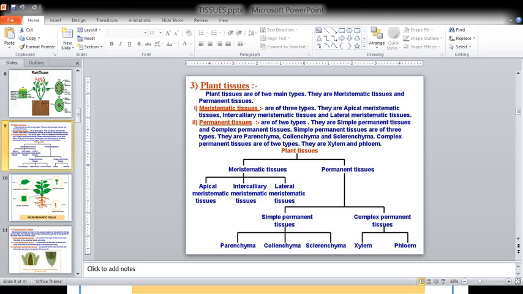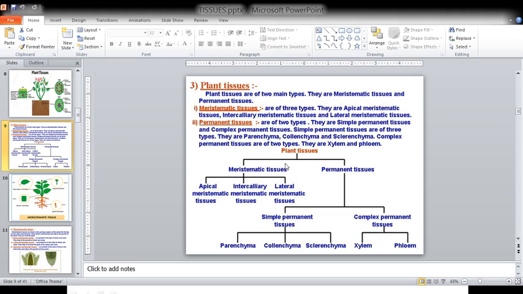So whatever growth we can see in the plant through the roots and the stem is because of the apical meristematic tissues. Okay, because these are the growing tissues, they have the dividing cells. So that is about the apical meristem. Next is about the lateral, or first we will take intercalary, okay, because it is present in between. So intercalary meristem. So inter means what?